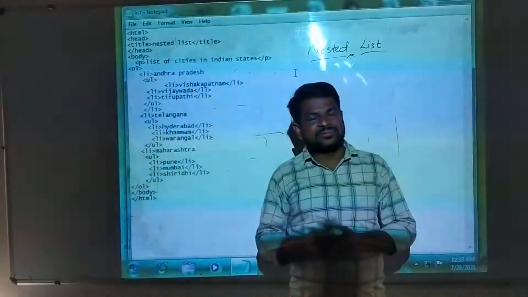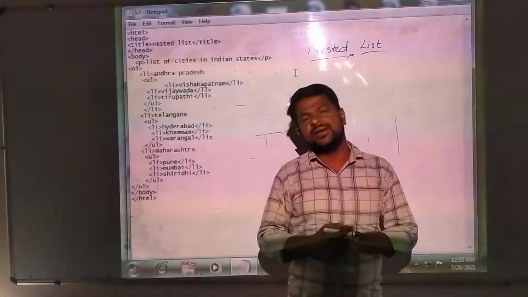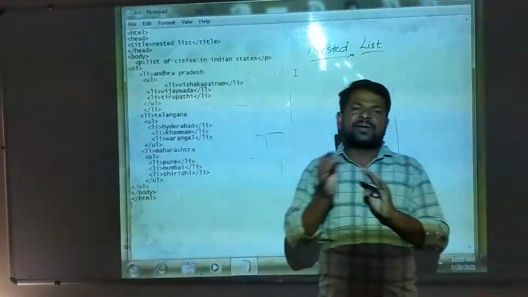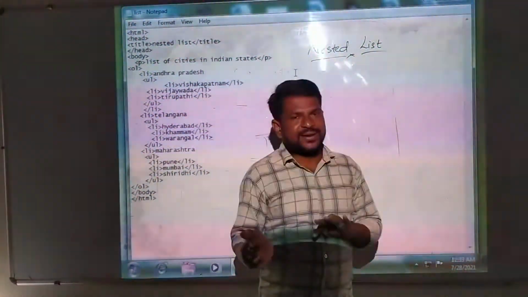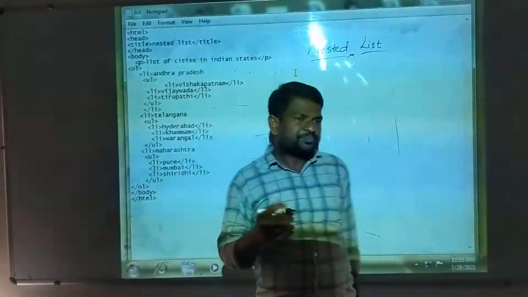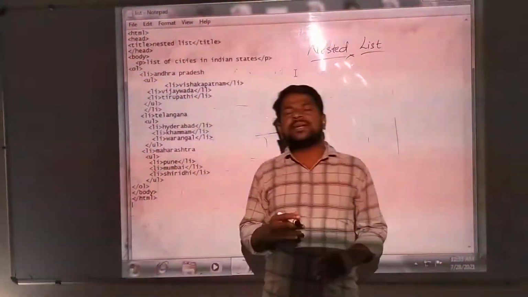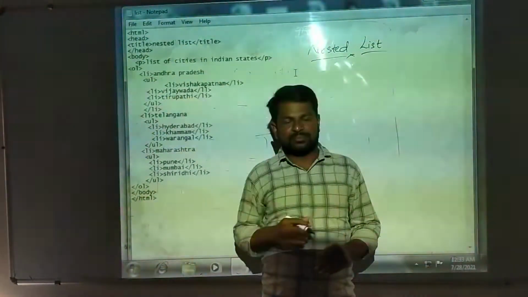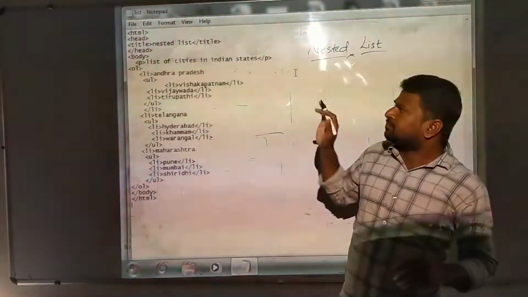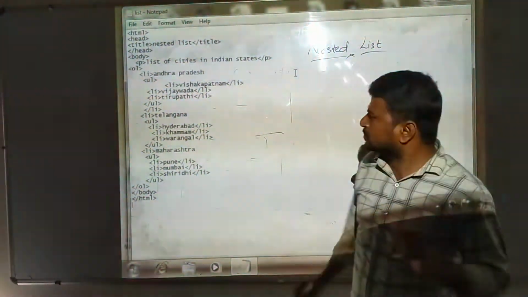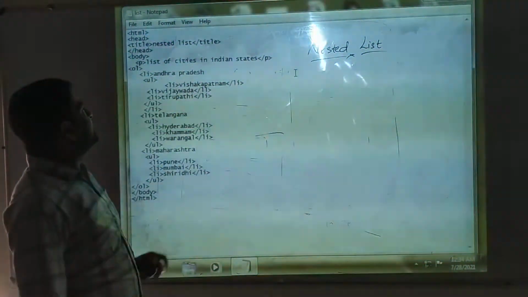In the last class we learned how we arrange the list of items in ordered list as well as unordered list. The items of the same category will be displayed in the ordered list. If it is of a different kind, it will be displayed in the unordered list. Ordered list uses numbers, whereas in unordered list we use bullet symbols. In description list we will write some detail about that particular term. So let us see one example for a nested list.